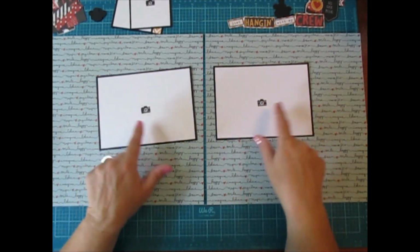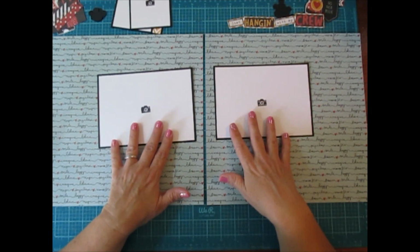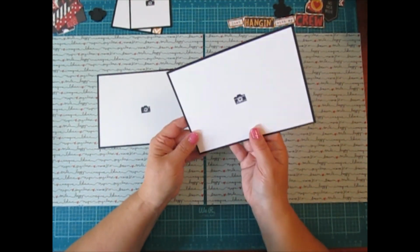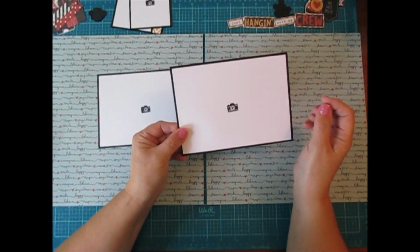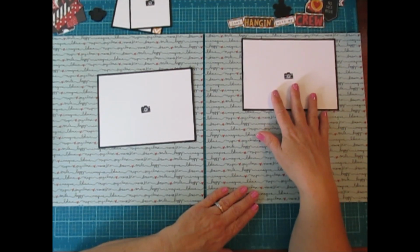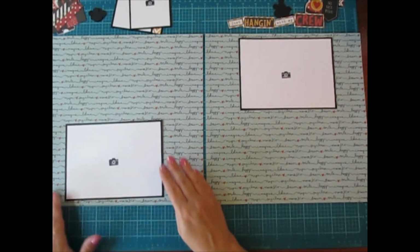5 by 7 photo mats because I have 2 large photos that I want to put in here, and then I back them up with black cardstock, and that black cardstock measures 5 1/4 by 7 1/4. So one is going to go up here and one is going to go down here,